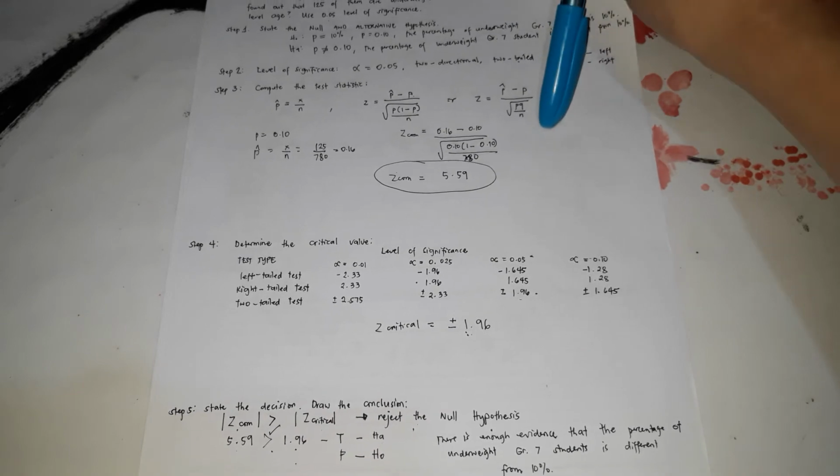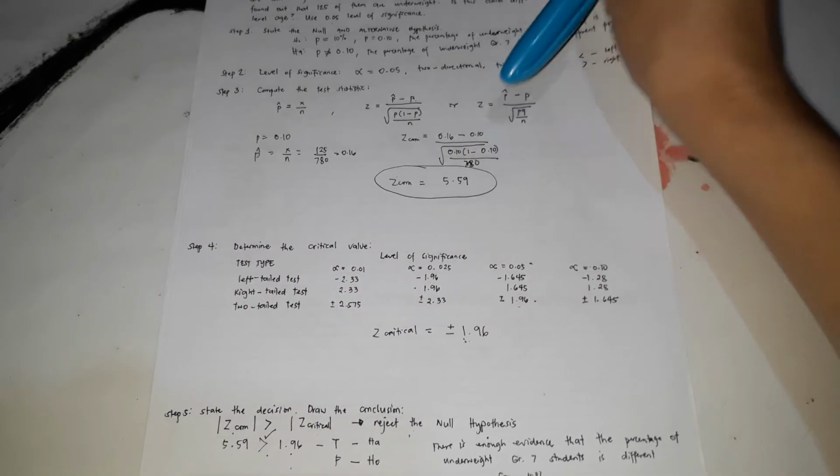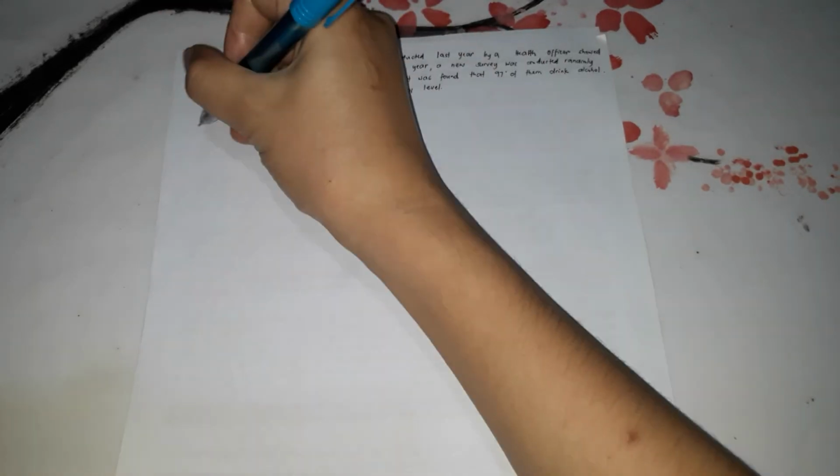Our second example would be this one. For number 2, the problem is, in a public senior high school, a survey conducted last year by a health officer showed that 12% of the students drink alcohol. This year, a new survey was conducted randomly on 500 students from the same school. It was found out that 97 of them drank alcohol. Test the claim that it was higher at 0.01 level of significance. So step 1 is